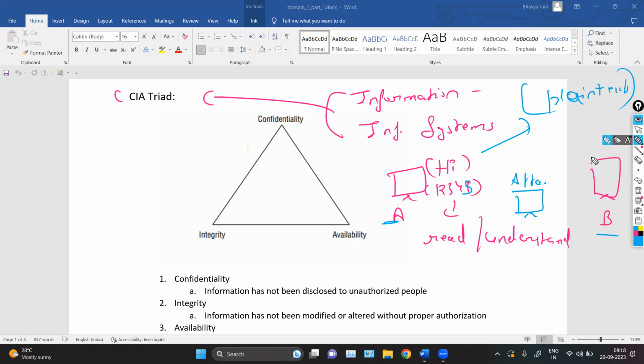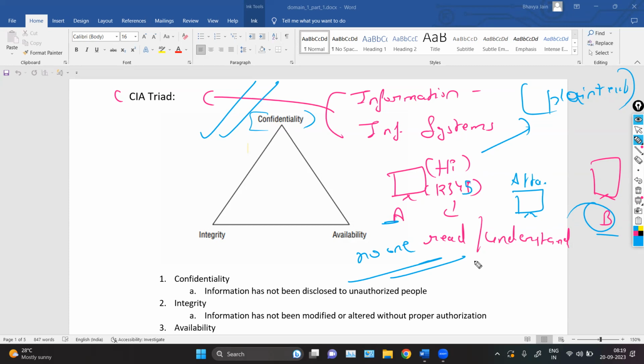So this is a violation of confidentiality, because the attacker can easily read your data. If someone is sitting in the middle of your communication between some sender and receiver, he or she can see anything. So this is why we are ensuring confidentiality, which means no one can read or understand your data except the authorized user, which is user B or A.